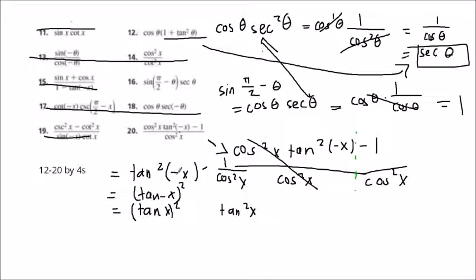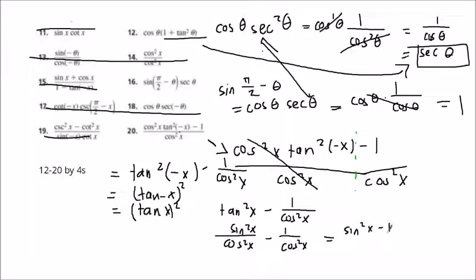So it's just regular tan squared x minus 1 over cosine squared x. You make it nice: sine squared x over cosine squared x minus 1 over cosine squared x. You will get sine squared x minus 1 over cosine squared x. And then